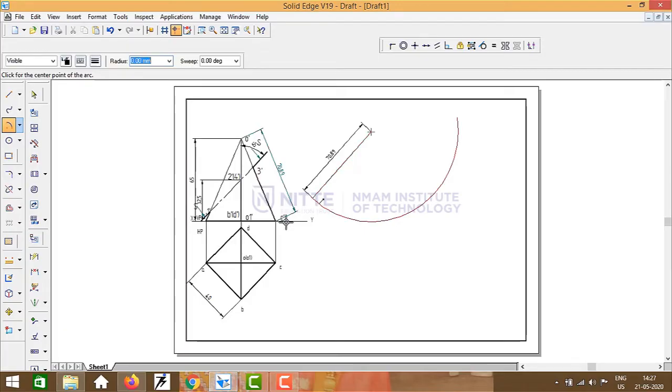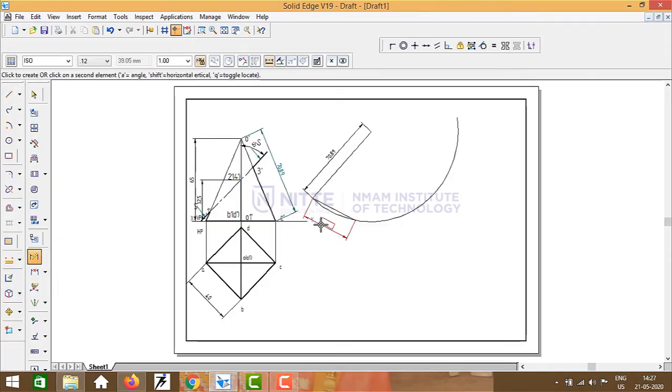Okay. Next we need to draw this edge B on this length such that 70.89 will remain same, that is the slant edge dimension will remain same. Okay. So how much distance? A to B distance is 40. So draw a line from this point. Okay, you can draw it like this and then give the dimension 40, or you can cut the arc and then you can give it. Okay, anyway you can do that. Okay. So now I'll give the dimension here 40 millimeter.